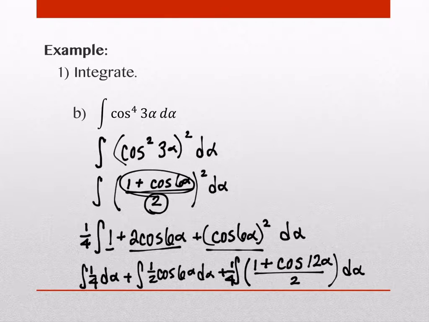Okay, let's just do the integration on the first 2 pieces, and then we'll manipulate the last one because it's still a little bit messier. So 1/4 would be 1/4 alpha, right? So the 1/2 will be 1/2. What is the antiderivative of cosine? Sine, positive sine, of the 6 alpha, but then